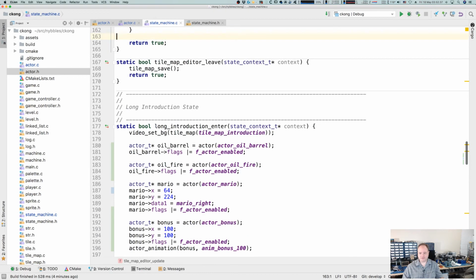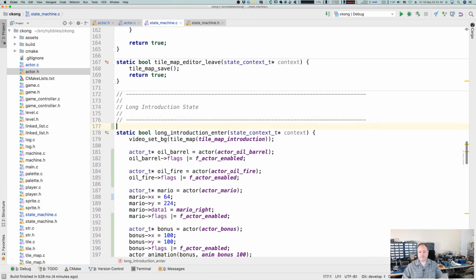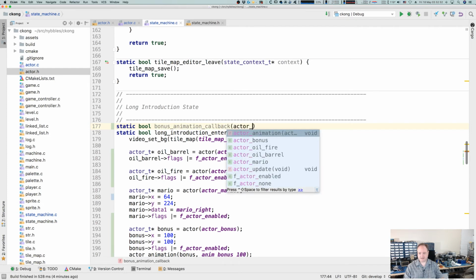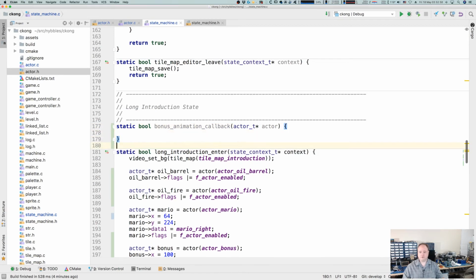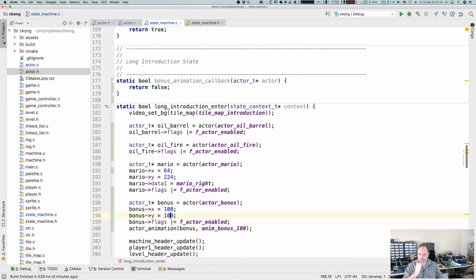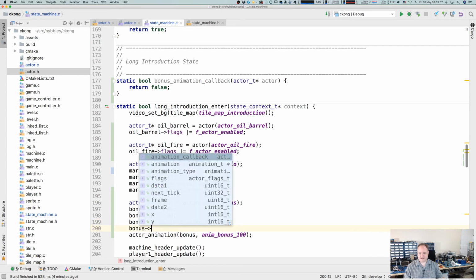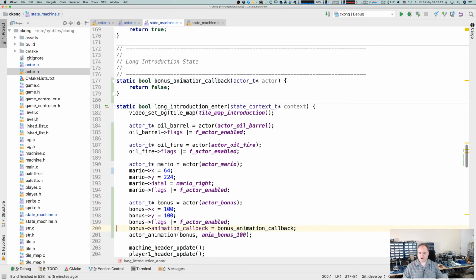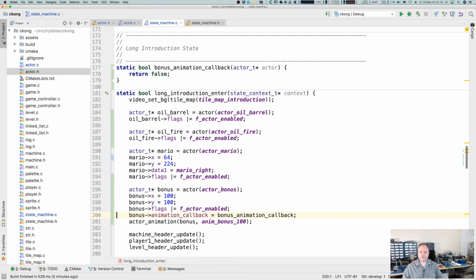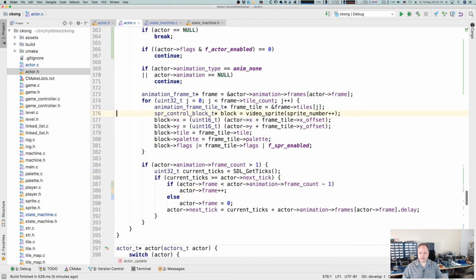Okay, so we set it by default to null. Then in our state machine, to demonstrate what this is going to be, static bool bonus animation callback. And this is going to get an actor_t pointer. No, yeah, that's what it is. Actor. Return false. So what we're going to do here is on our bonus, we're going to set the animation callback to bonus animation callback. And then in the animation update,